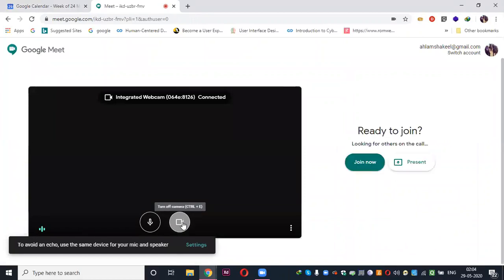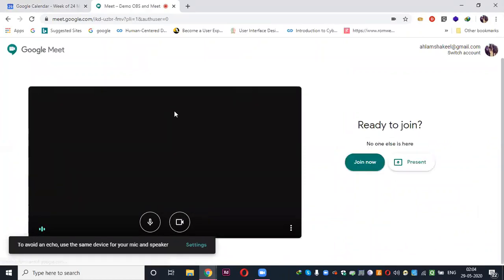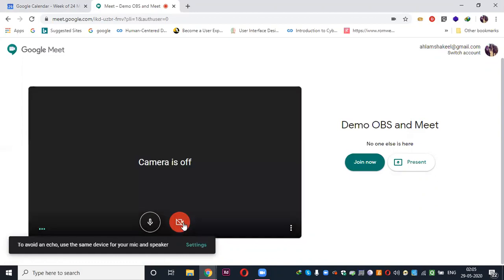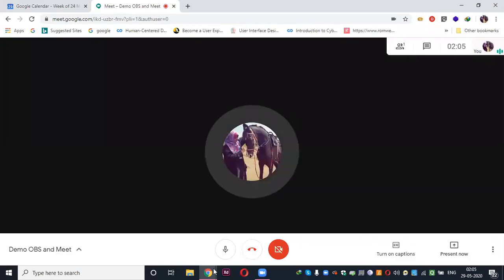Now over here you have options. If you want to enable or disable your microphone, or enable or disable your camera, you can do that, and then join. Now when you join, you can see that the camera is disabled and your microphone is enabled.